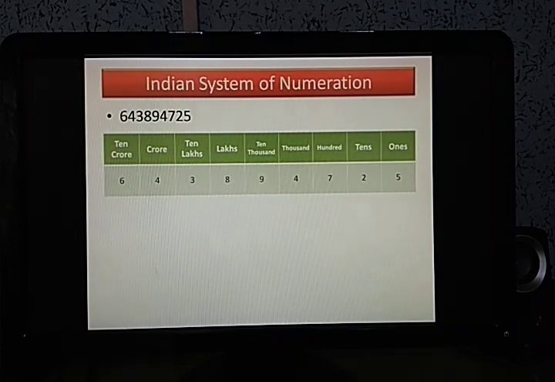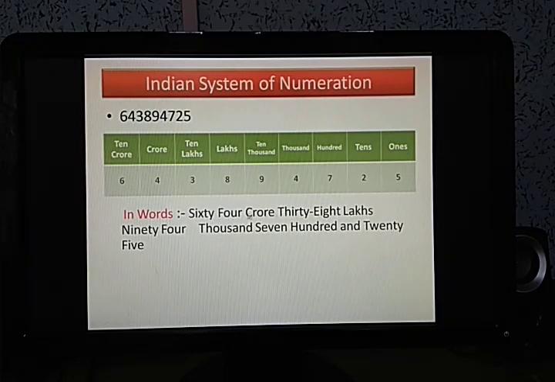This is the chart. There is the ones place, tens place, hundreds place, thousand, and 10,000, lakhs, 10 lakhs, crore, and 10 crore. So if you have to represent this number, we have to first put the digits from right to the left, not from the left to the right. Always while placing the numbers, you have to place from the right to the left. This is the order. So we'll put all these numbers according to the place values. Then in words we can write this as 64 crore,